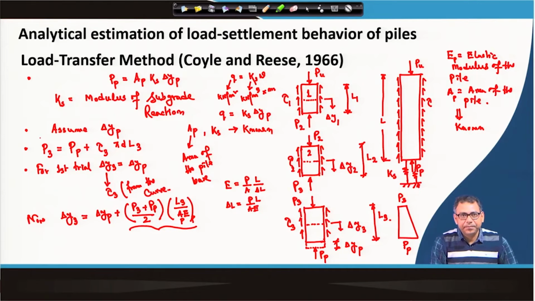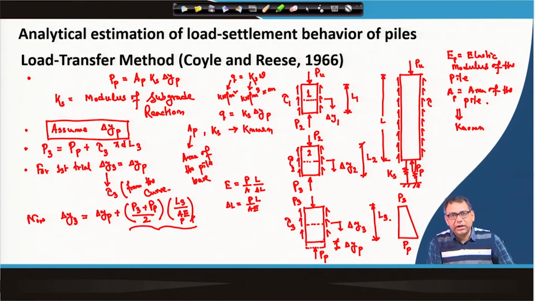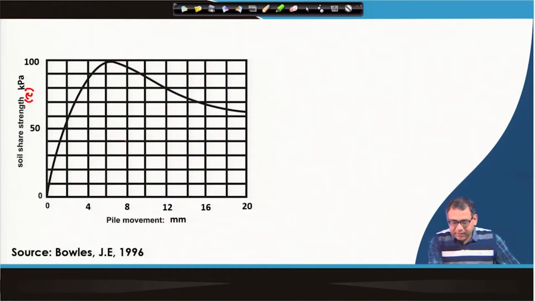P 3. Okay. So, now P 3, P p are known and del y 3 is also known and del y p is assumed. So, remember that always this del y p, it is still assumed, but other values are calculated based on this assumed del y p. Okay. So, once we get the del y 3 and the P 3, the next trial will be,